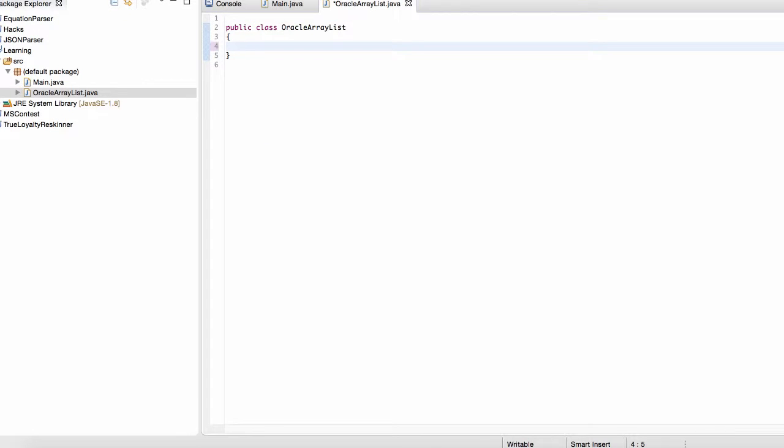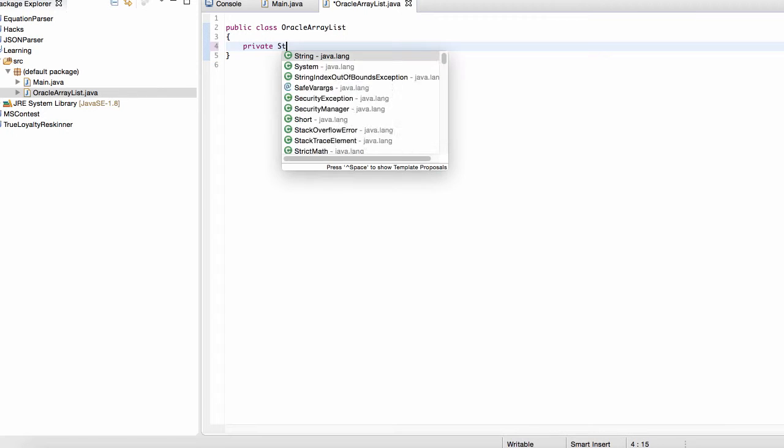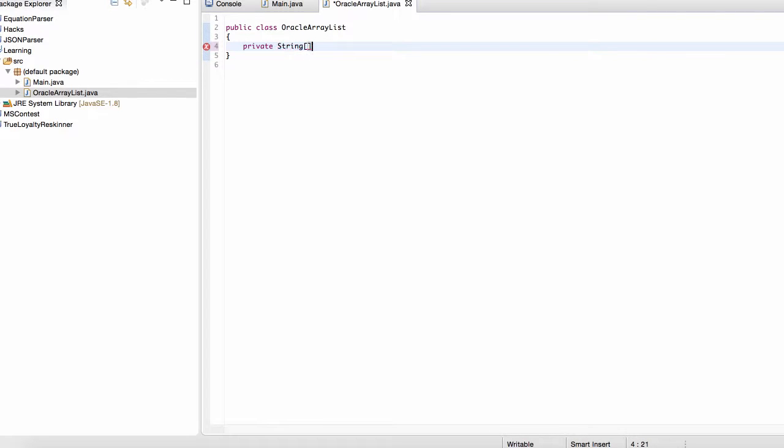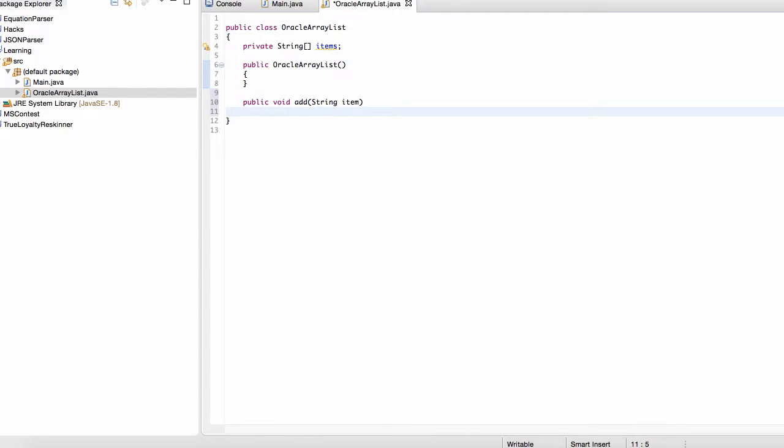And what we're going to do is let's examine what it would look like without a generic interface. If we did this, then we would say maybe like private String[] items. So let's say, for example, that this array list only worked with strings. If it only worked with strings, then we could have something like this, OracleArrayList. We have our default constructor, and let's just not do anything inside of it right now. And we have this method called addItem, so we're going to add a string. And the way we're going to do this is,